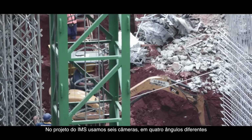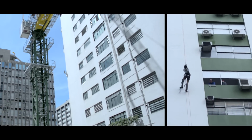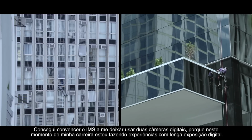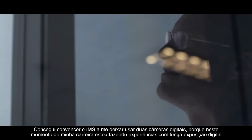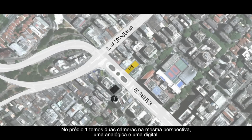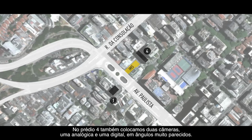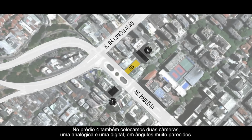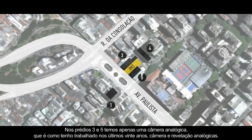In the EMS project, we're having 6 cameras. We're using 4 different angles, and it was very supportive that I could convince EMS to let me use 2 digital cameras, because now is a moment in my personal history where I'm trying to use digital long exposure. And so on building 1, we have 2 cameras from the same perspective, making a digital and an analog exposure. And also on building number 4, it's the same thing. We're using a very similar angle for 2 cameras, an analog and a digital camera. And then building number 3 and building number 5 have 1 analog camera, which is